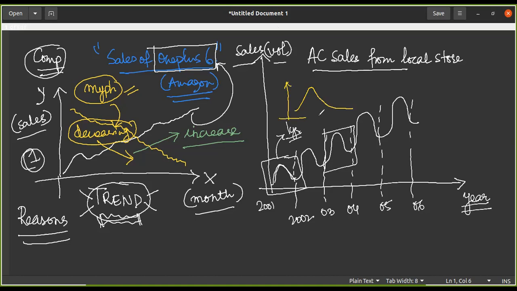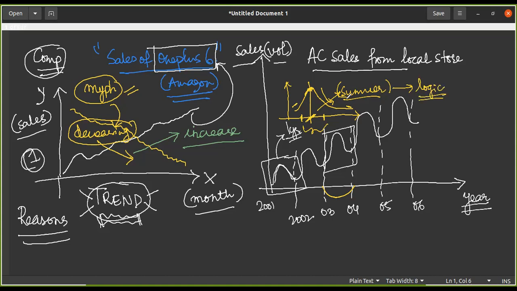If I'm going to create a subgraph, if I'm just going to concentrate on this section between 2003 and 4, it is quite clear that there will be a season, and this season is nothing other than the summer season. In this season, there will be a very high number of ACs sold, and then it is going to decline. Obviously, it is going to be lowest in winter, and highest in summer. So 3 to 4 months is where the AC sales are going to be really high. Now, this makes logical sense also. This is basic logic.